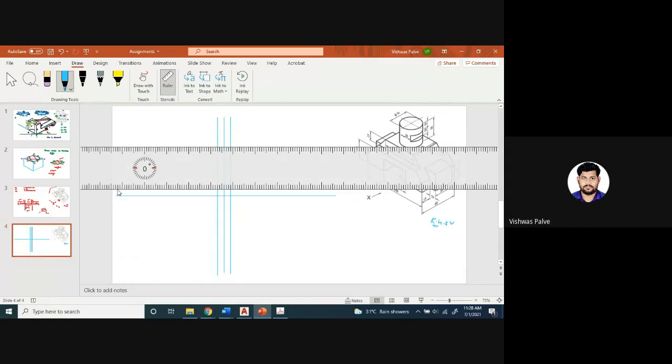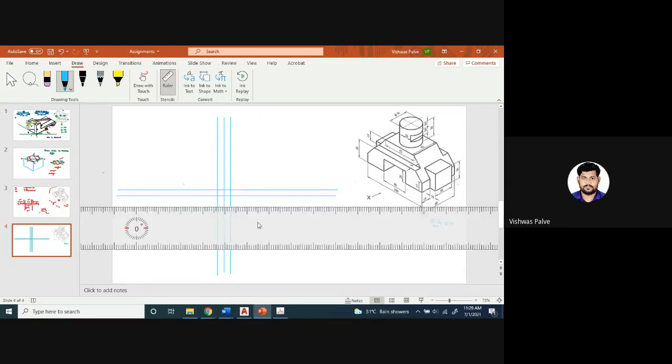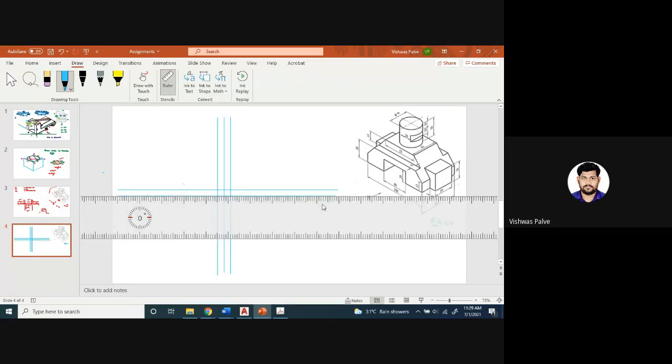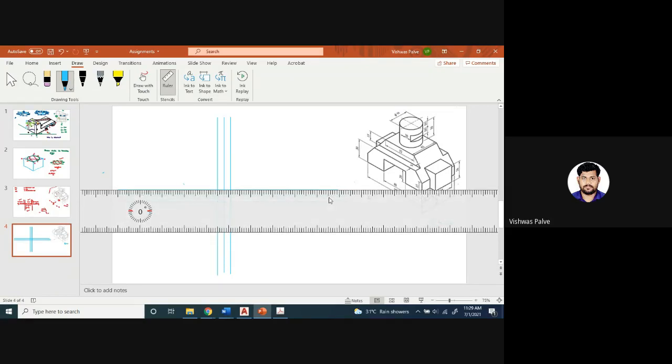So I'll leave 10 millimeter space below this. Okay, then 10 millimeter space. Yes, any difficulty till now? You can easily divide the paper into 4 equal parts and leave 10 millimeter space, 10 millimeter space, and let us start with the drawing now.